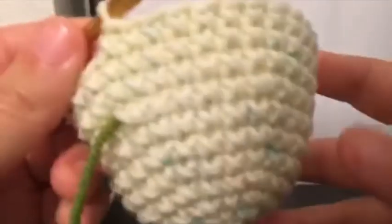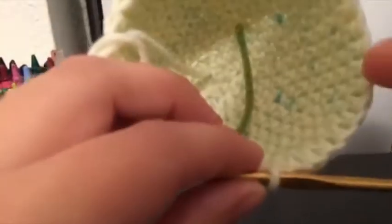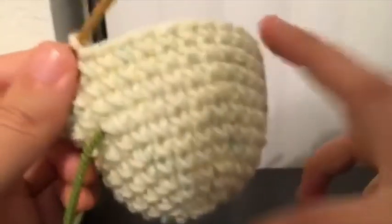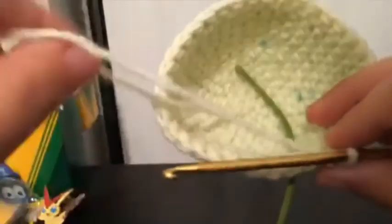You can see we've got our 3 rows after this little string here. And thankfully, you are not going to be doing any more increasing in the next few rows, because I think this is about where you get your width. According to Miss Voodoo's original pattern, the width should be 2.5 inches, and it should only be about 3 inches tall. I think this one's going to turn out a little bigger because I end up with bigger stitches, which means I probably should have used a smaller